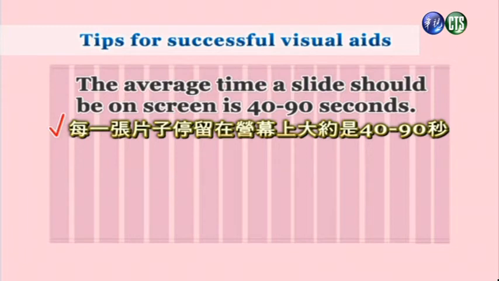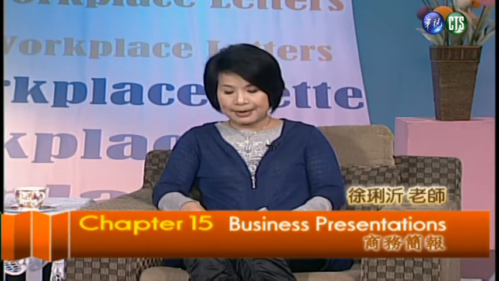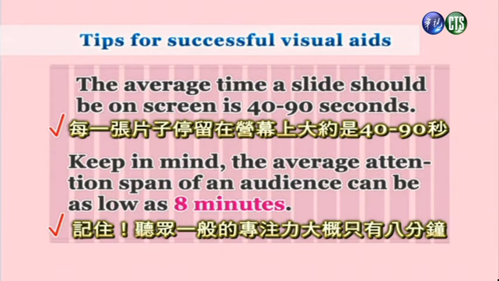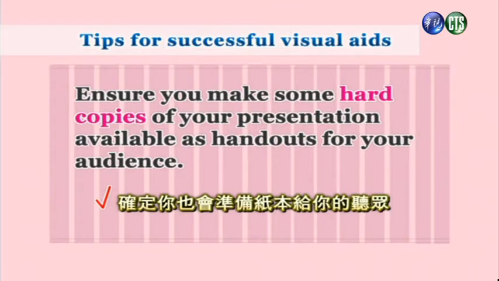根据专家说，你在 PPT 留在画面上的那个时间不要超过90秒，你在解释的时候也不要超过90秒，40秒到90秒，它就应该换下一张。太久人就不专注了哈。Keep in mind the average attention span of an audience can be as low as 8 minutes。就是说一般人啊，他的注意力大概只有8分钟而已。所以当你做 PPT 的时候，你要小心，你不做超过8分钟。